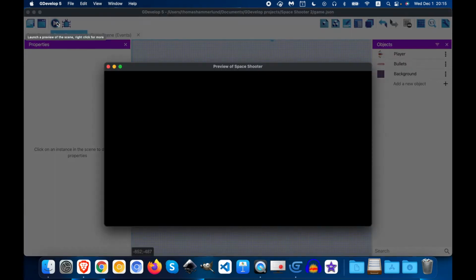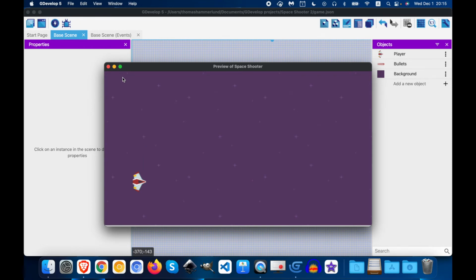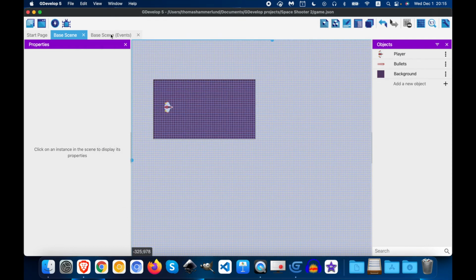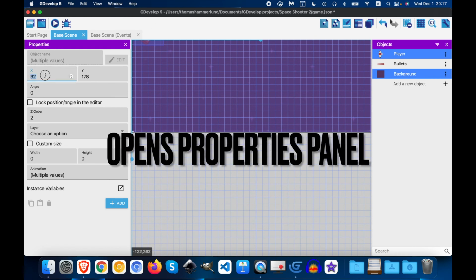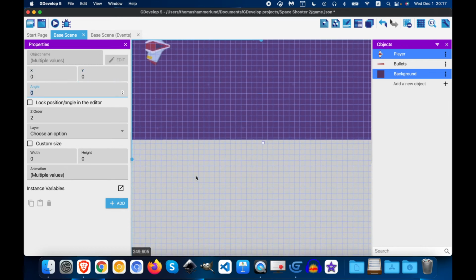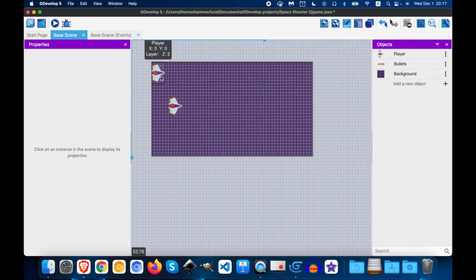And why don't we test the game? So it looks like, I don't know, something at the bottom is misaligned. But our player does stay on the screen. Does it shoot? Yes, it does. Good. So a good way to move it is to make these 0 and 0, I think. Not sure why I have two players, but